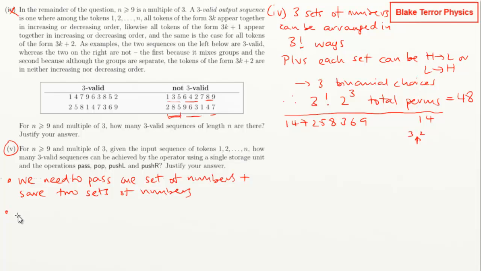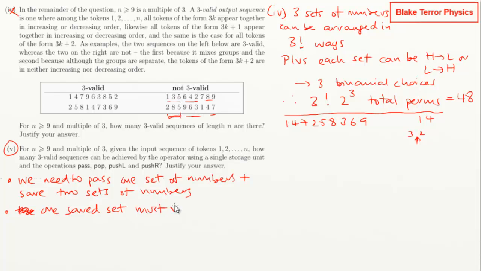Then, if we're saving 2 sets of numbers, we need to do one of them with push lefts and the other one with push rights to make them into 2 sets. So the 2, okay, let's say one saved set